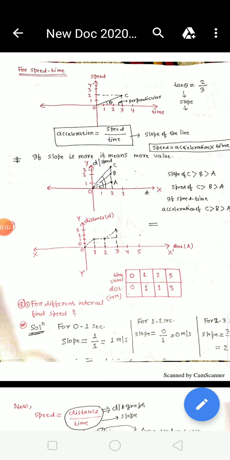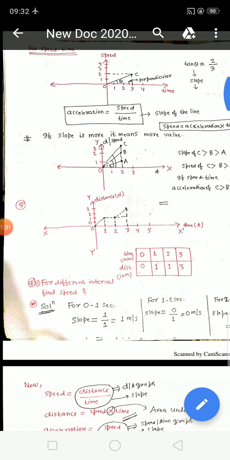So in the last lecture we studied that in a distance time graph, slope gives us speed because speed equals distance upon time. How will you determine the slope? It is simply the tangent of that line or curve. Tangent means tan theta. Tan theta, how will you decide? That is perpendicular upon base. So in a distance time graph, if you have to determine the speed, you will calculate the tangent, tan theta value, that is p upon b, and it will give you the speed. So now we will continue today's lecture.